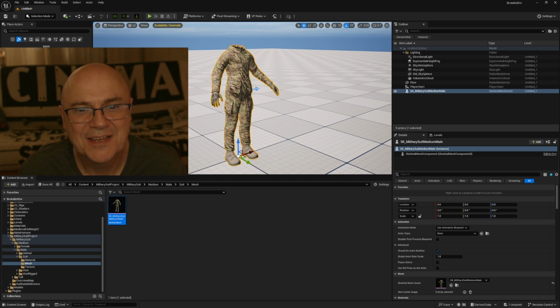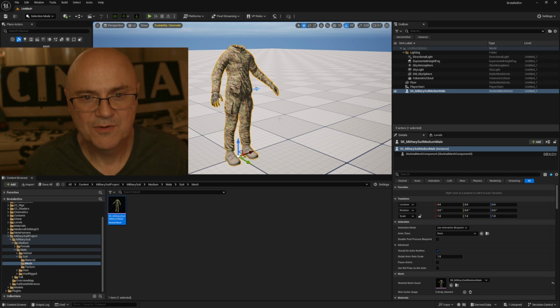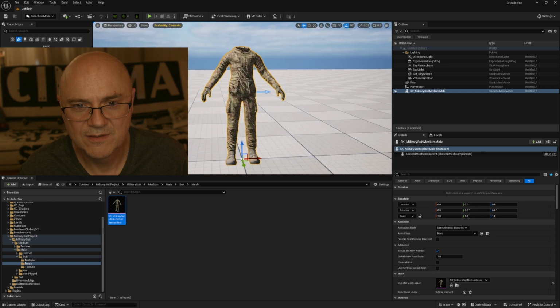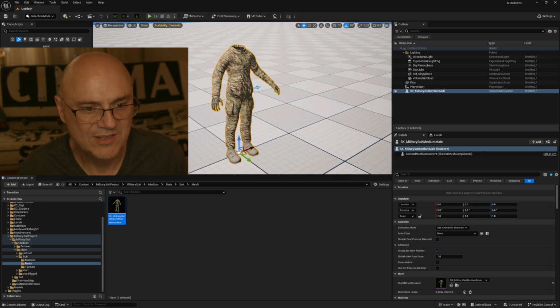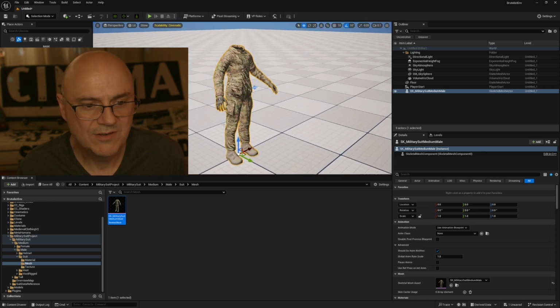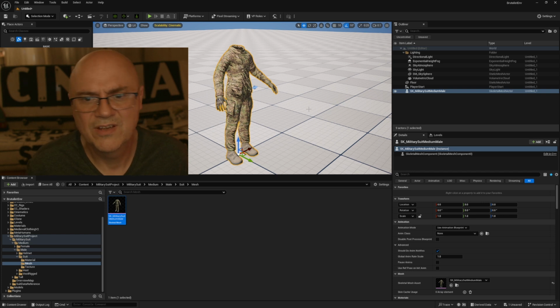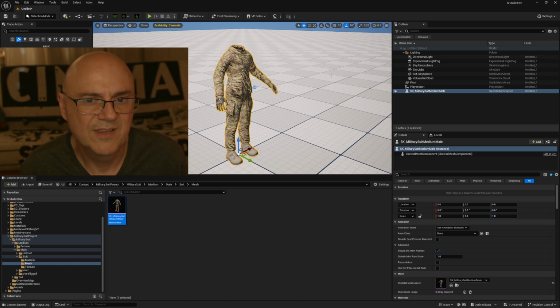Hello, and today, or this evening, I'm going to be taking one of my existing assets that I bought off the marketplace, a brilliant asset called Military Suit, and converting it to one of my iClone characters, which I haven't designed yet, since I'm moving away from MetaHumans to iClone so that I can do everything within the iClone